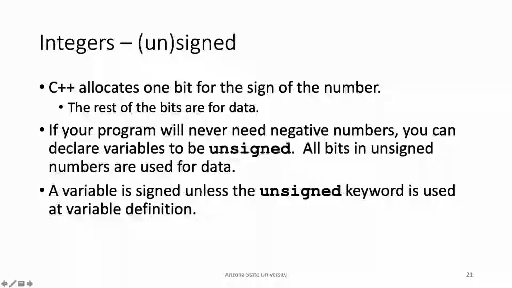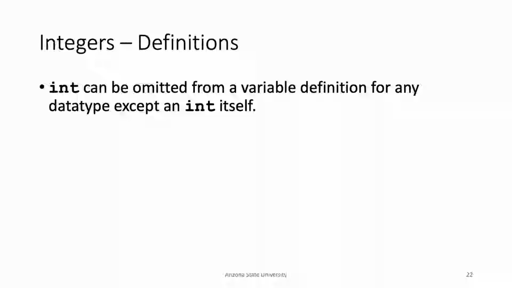A variable is signed unless you explicitly put unsigned. So it's signed by default because most people need the sign in most cases, but sometimes you do need unsigned. So it's there for you. Okay, so